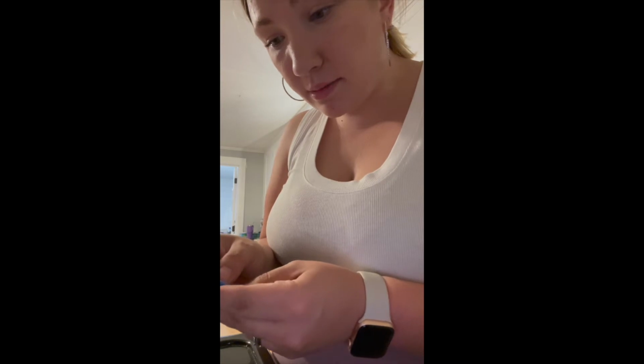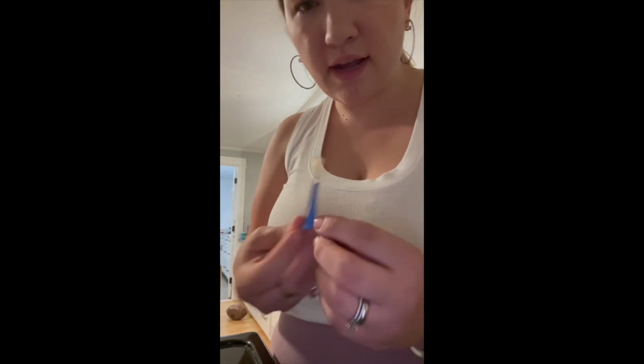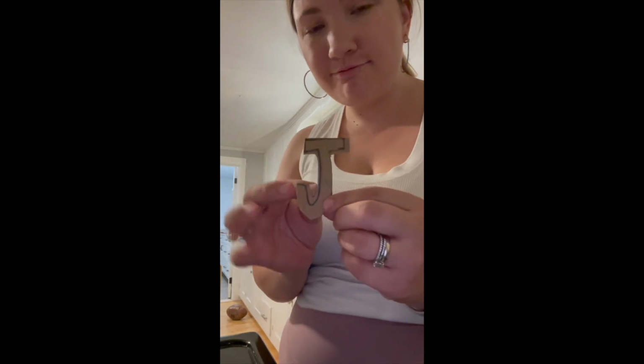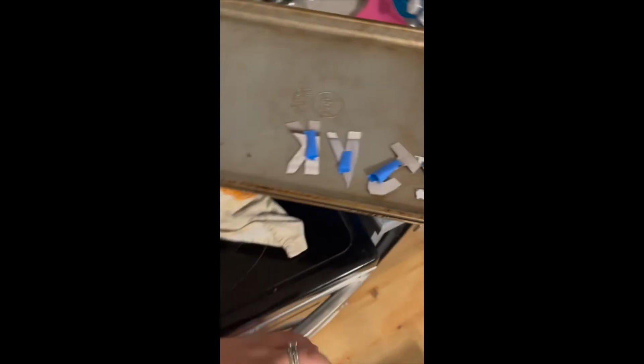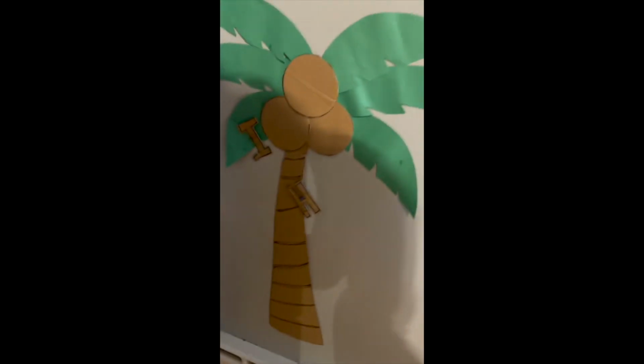If you have double-sided tape that won't ruin your paint, go for it. My super classy J. Easy. And then just to keep it straight, I'm putting them on a cookie sheet so I can use them later. And then I brought the letters over to our wall, and you can look at the book